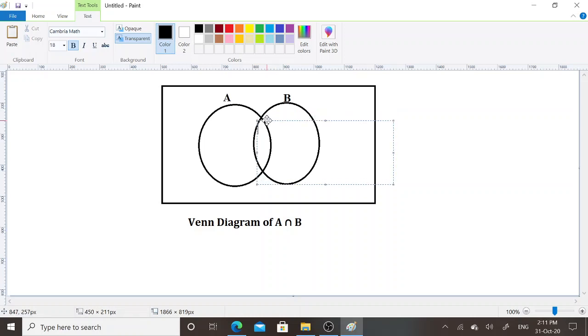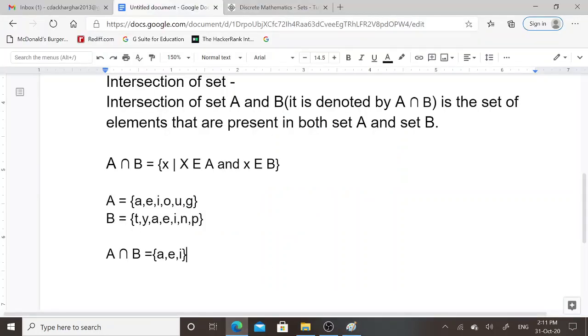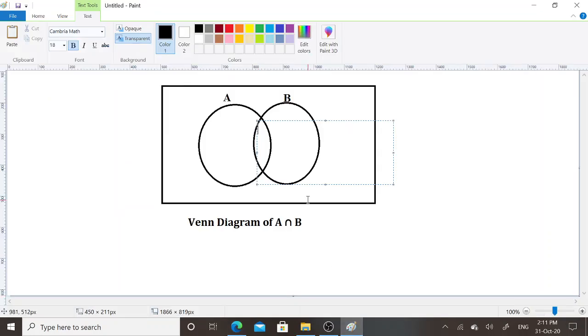What are the common elements that are present in both sets? These are A, E and I. Thus, I will include here A, E, I.